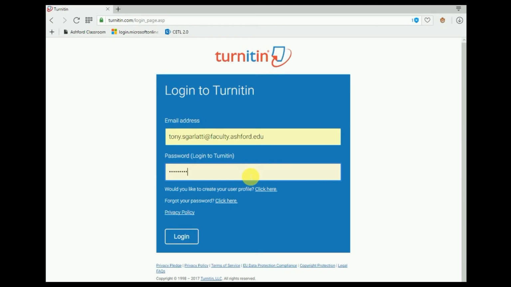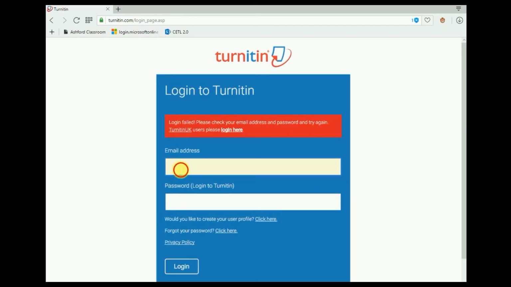If either is incorrect, it's going to erase them both. So try it again. Double check your spelling on your email address and your password. Click Login,